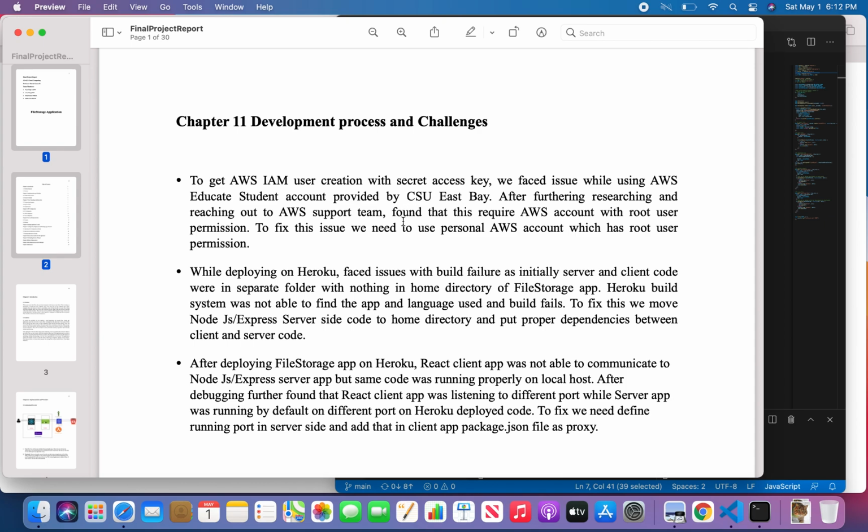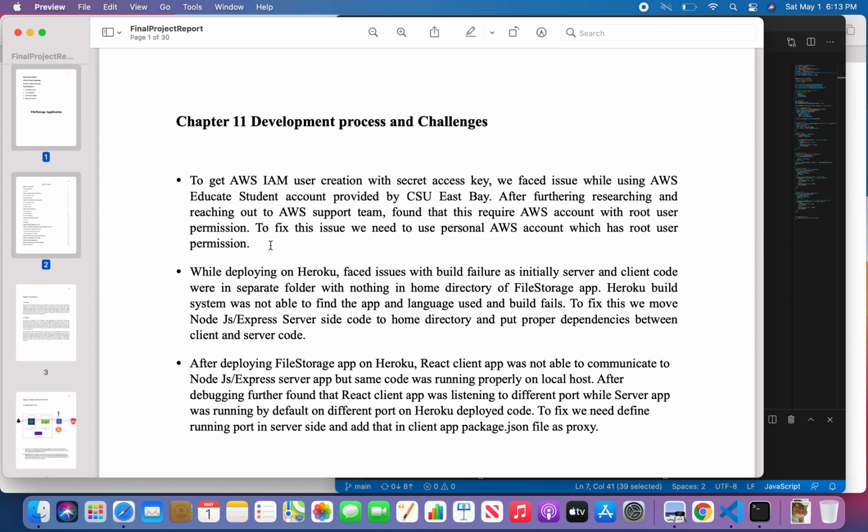Since the AWS Educate account is provided by our university, AWS required a root user. Since we were not the root user and didn't have administrative privilege, we were not able to configure the CSU AWS S3 account.